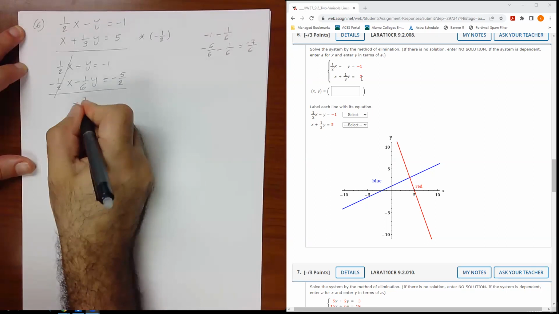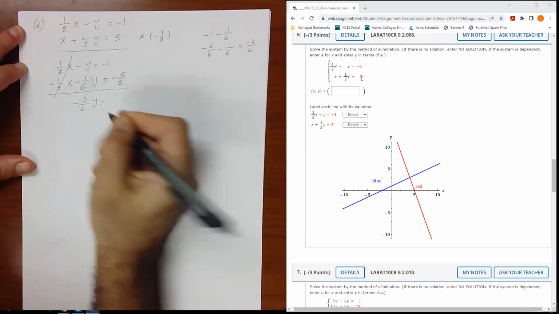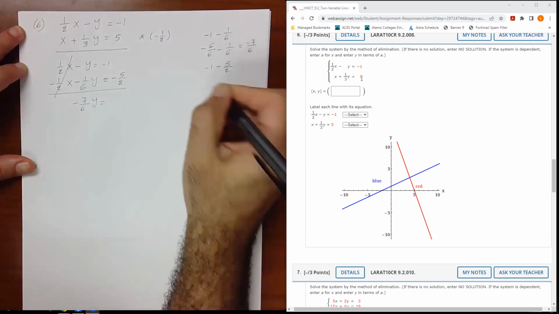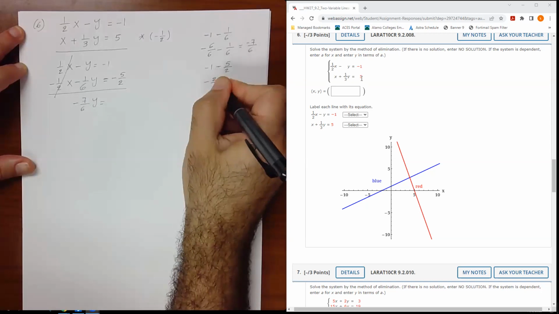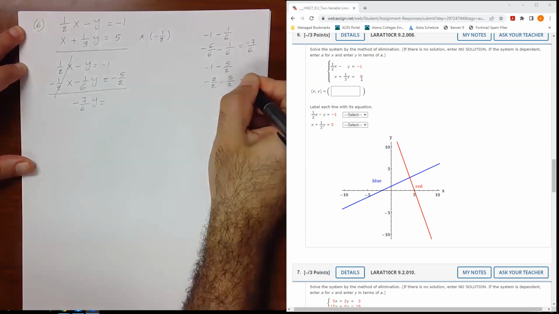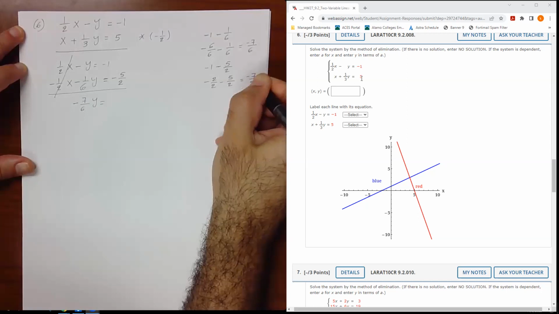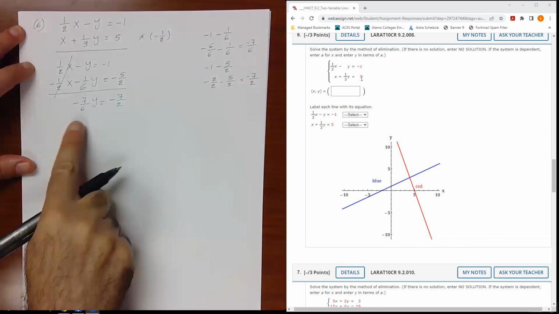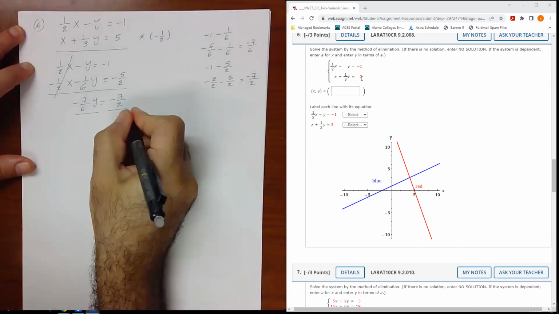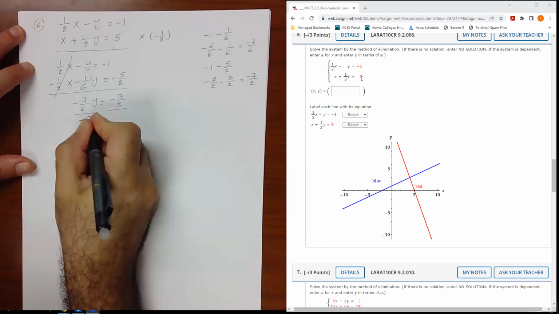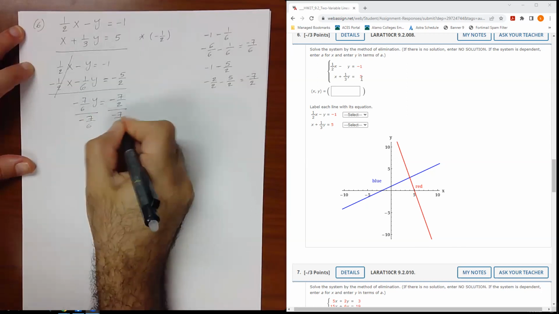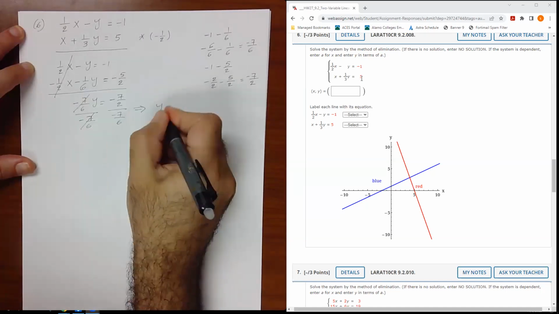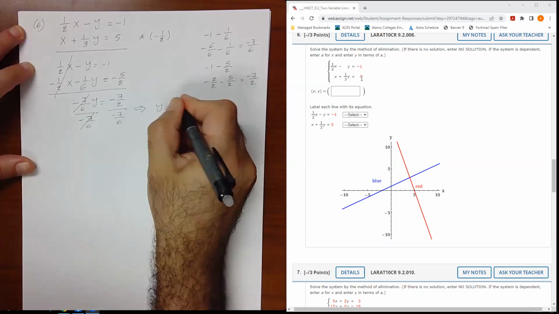-7 over 6 times y is going to be equal to -1 minus 5 over 2, which is -2 over 2 minus 5 over 2, so this one is going to be -7 over 2. Now I need to find the value of y, so I'm going to divide both sides by -7 over 6. So that means y is going to be equal to -7 over 2